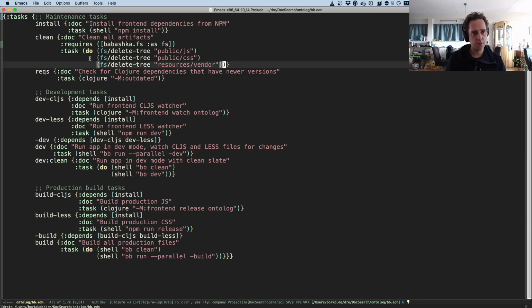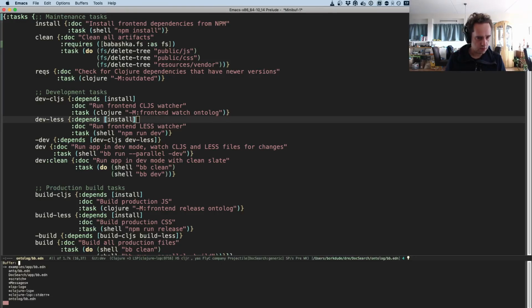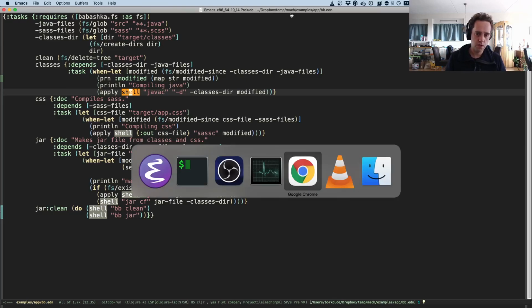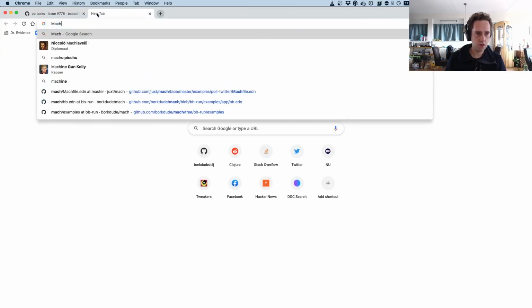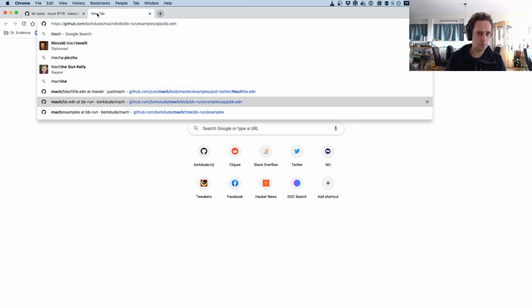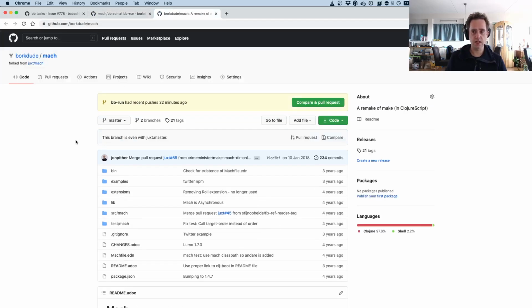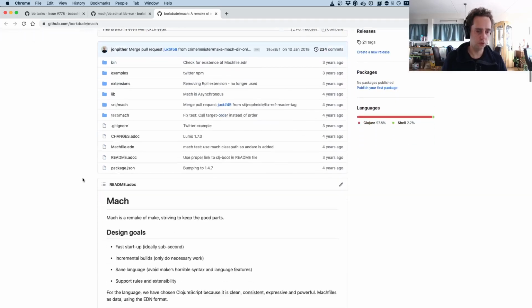So that's one example that we're using at work. I do have more examples. So let's see, what else did I have? So here, this one is part of a demo called from Mach. Mach is a build tool from Juxt, which is not maintained anymore. But it was a pretty cool idea, and I stole some ideas from this tool for the bb tasks